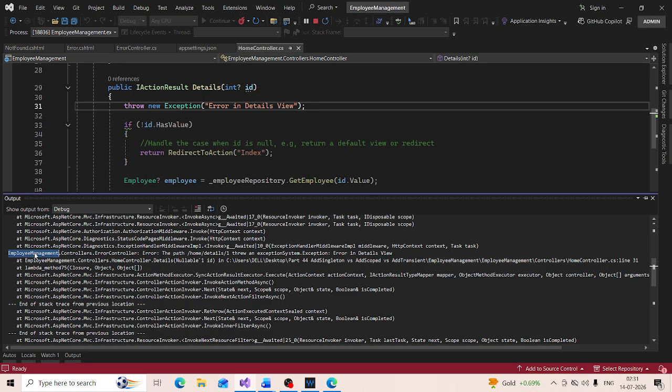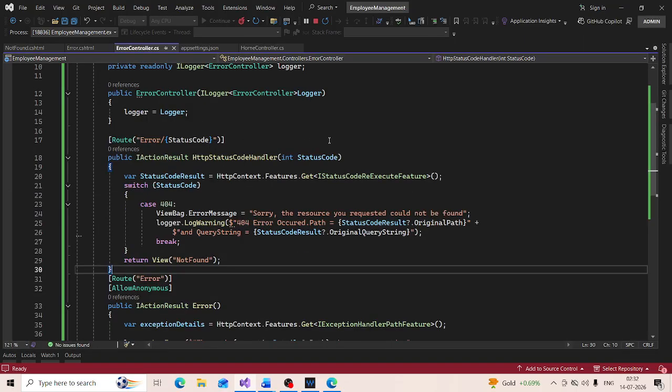It has the fully qualified name of our error controller class. And that is because if we take a look at our error controller, we are using the type of our error controller class